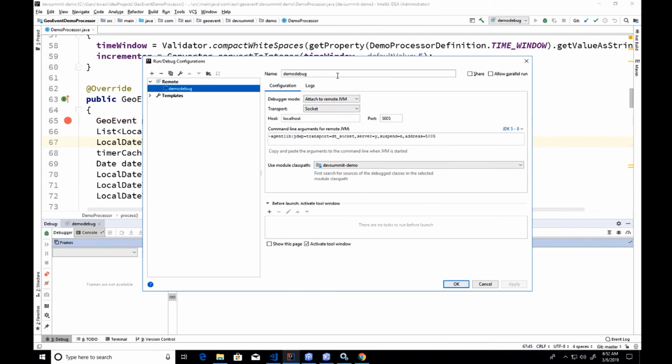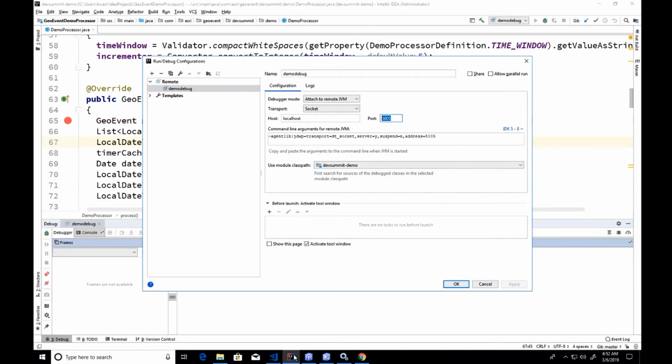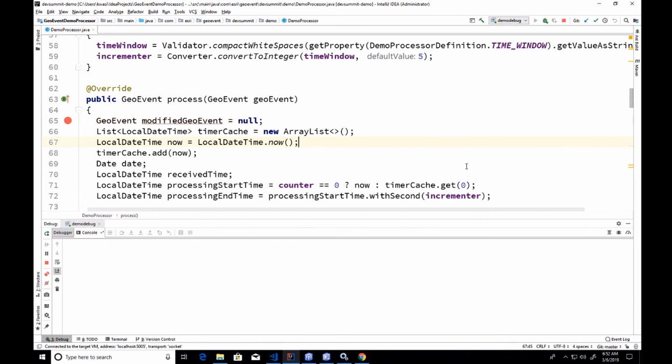So you connect to it remotely, and then you specify the machine name and then the port number. This port number should match the port number that you edited in the file itself. You just don't want to supply a port number that doesn't match. And then go ahead and specify the module. Here's just a single module project that we're working on. If it was a multi-module project, you would want to make sure that you specify the project that contains the